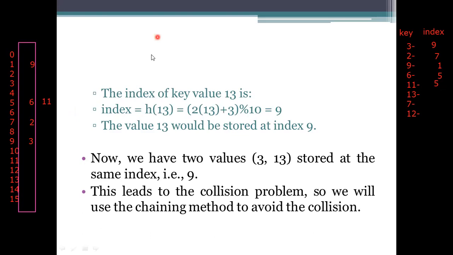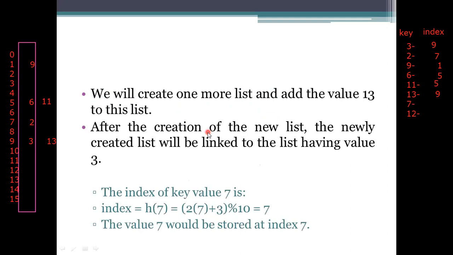And coming to the next one, which is 13. 26 plus 3, 29, and then the 13 will be using the value which is 9 here, and 9 is also having the value which is 3. Now what happens here? This 13 has to be stored at the 9 also. Then what is the solution we need to get here? Just create a new list to that one, and add this value to that representation, and after that go for the next processing.